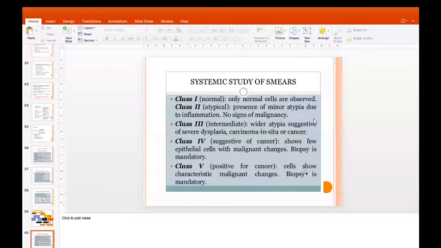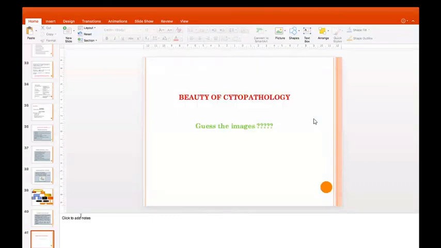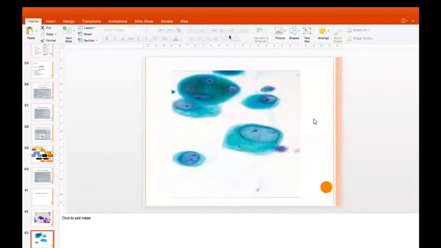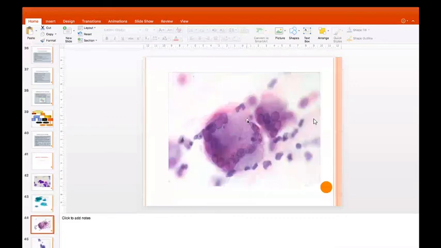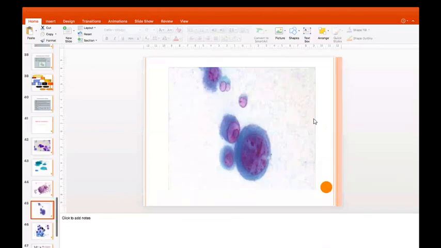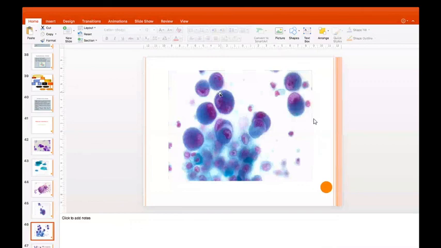Fine. Now I'll show you a few smears, how they are stained and how they look. For example, this one. Fine. This is a giant cell. This is a malignant cell. You can identify it through its nucleolus and its irregular outline. So this is how it looks after staining. This is a multinucleated giant cell. This is again a malignant cell. Same here, this is a binucleate. So you can tell the nuclear and the cytoplasmic architecture with the help of these cells.